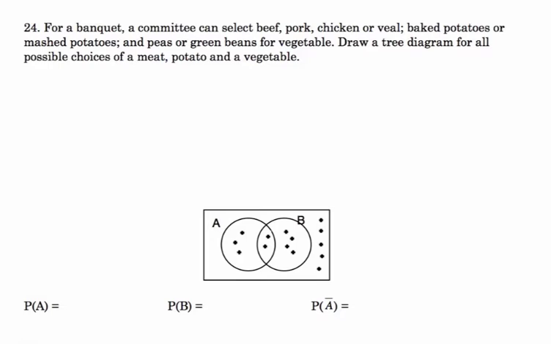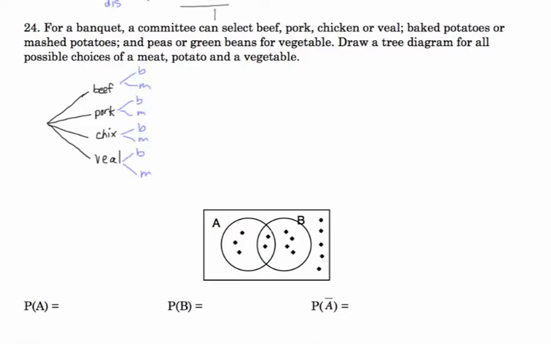Draw a tree diagram. Well, the first choice you get to make is if you're going to do beef, pork, chicken, or veal. After that, each one of those will branch off. Each one you have a choice of getting baked or mashed potatoes. And then after that, each one of those choices, so you've got 1, 2, 3, 4, 5, 6, 7, 8 choices. Each of them, you get to choose peas or green beans. So if you add all those up, that's 16 different outcomes,